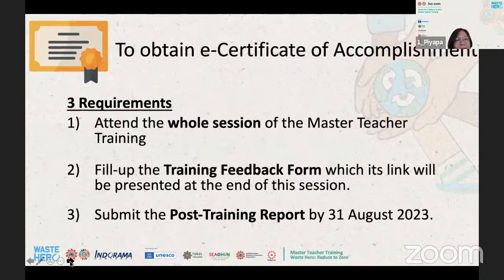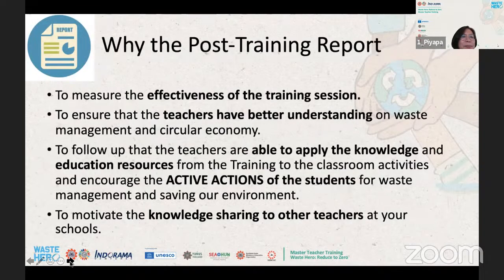Second, fill up the training feedback form from the link that will be presented at the end of the training session. The feedback form is really simple: you just click on the link and answer the questions. And third, the last one, we would like to request your kind cooperation to submit the post-training report by 31st of August.